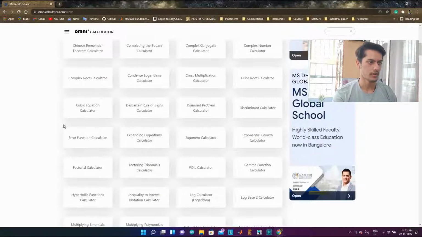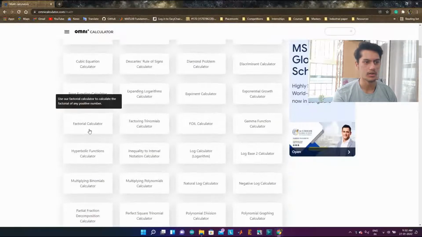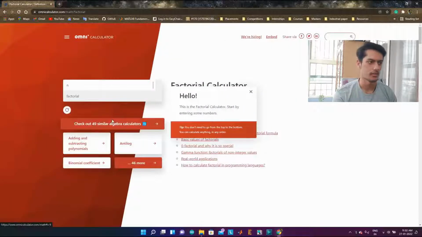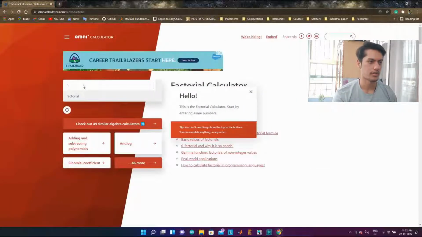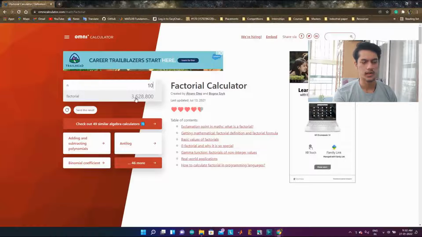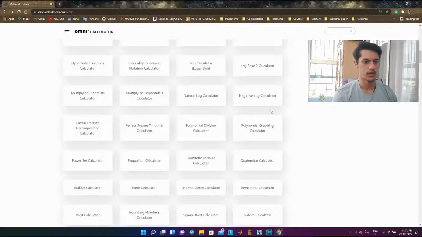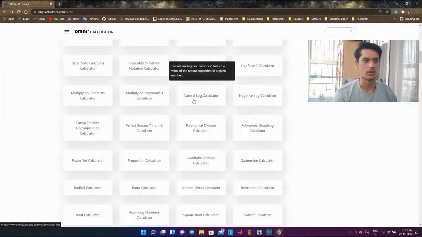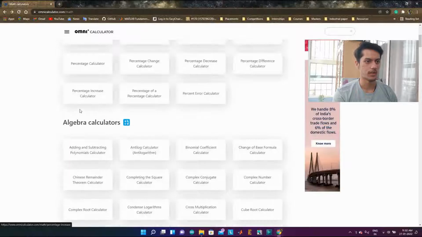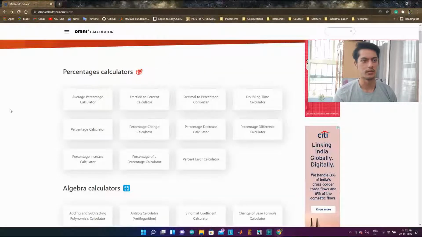So for example, I click on factorial calculator, which is actually not required, but yeah, you can just write n is 10, and it shows the factorial of 10 is 3,628,800. The same thing with the remaining. You have polygraph calculator, natural law calculator. So every calculator is basically combined into one website called Omni Calculator,